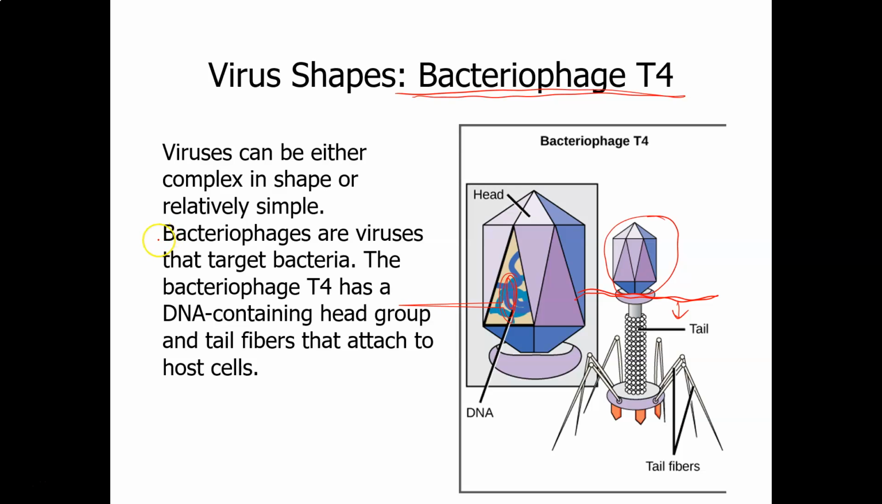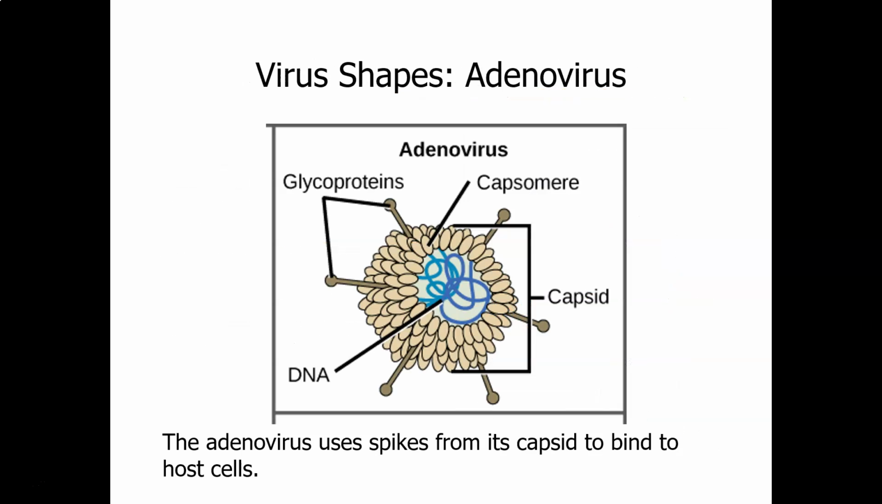Bacteriophages are viruses that specifically target bacteria. And you can see this is a head and tail complex shape that you're looking at. So bacteriophage T4 specifically targets E. coli bacteria. Another shape of a virus is the shape of the adenovirus,